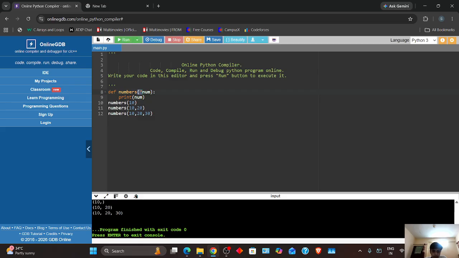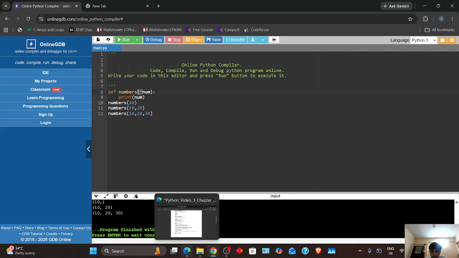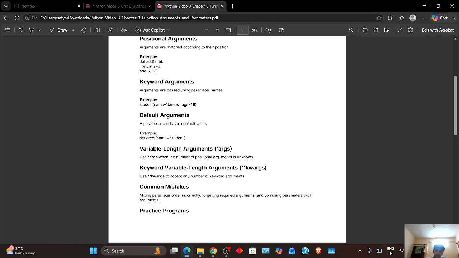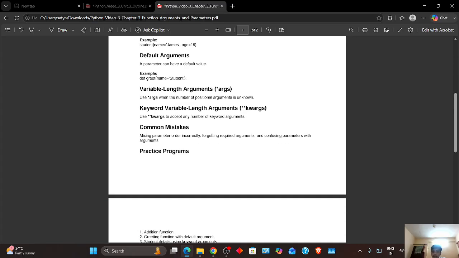So it will simply give the output here. Okay, so star arguments store all the values in a tuple like this. So moving to the next, that is keyword variable length